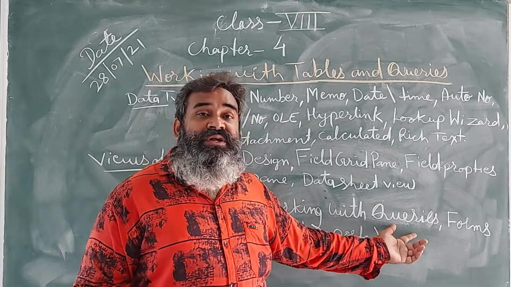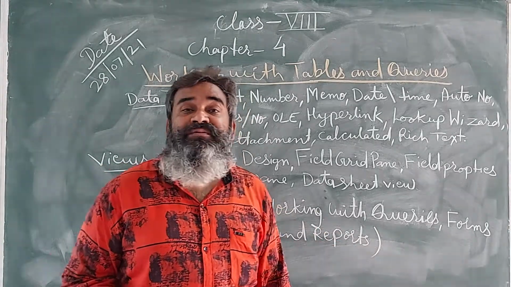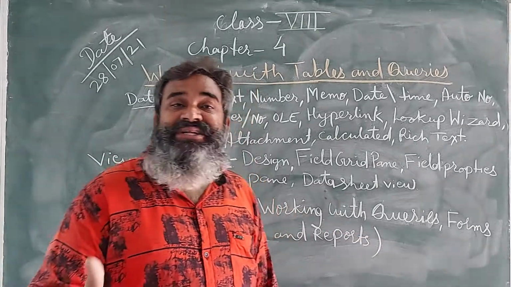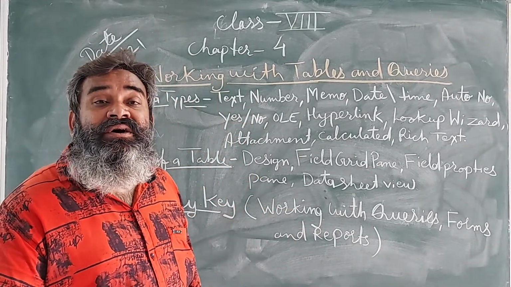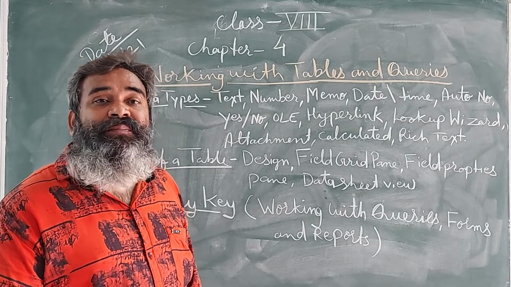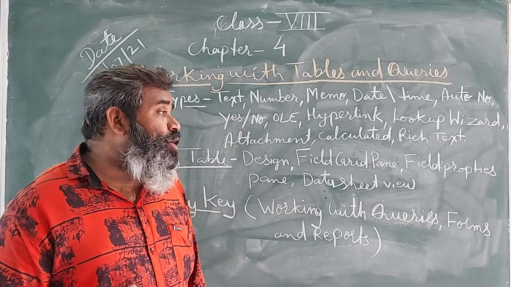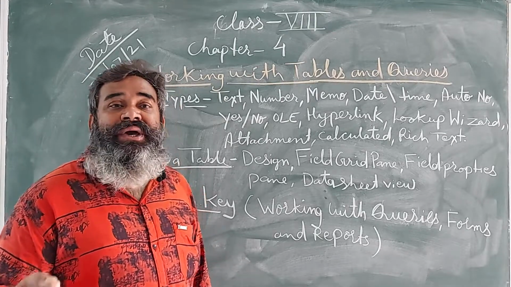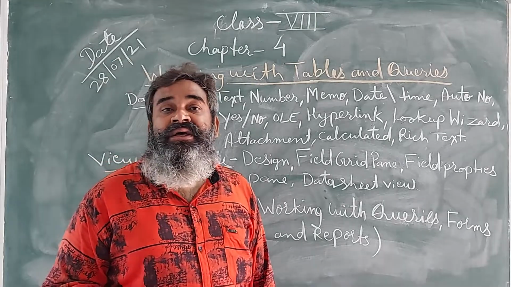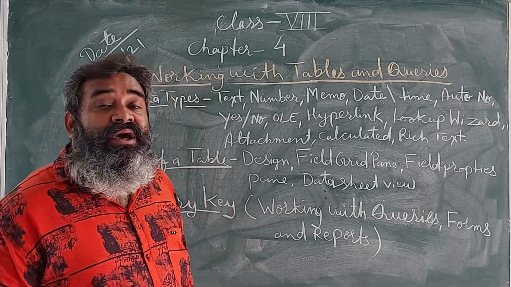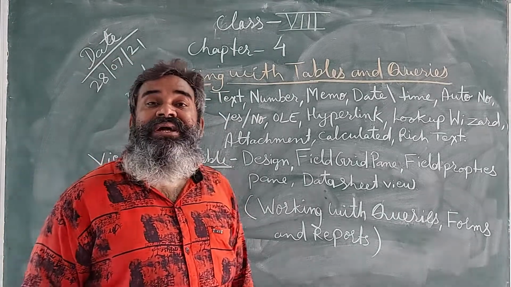So we have an option: there is a query. We just select two fields from a table in a query: student name and student's phone number. Both fields are selected in the query. We run the query and we see that only those students with their names and their phone numbers are displayed.